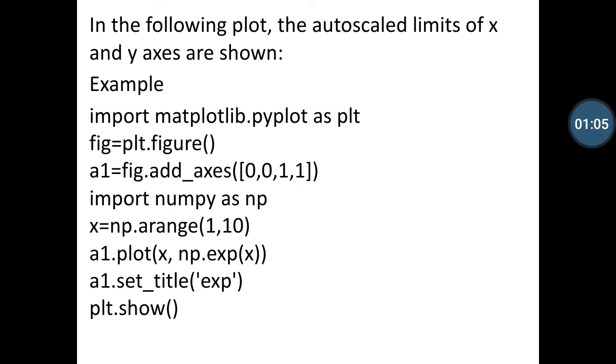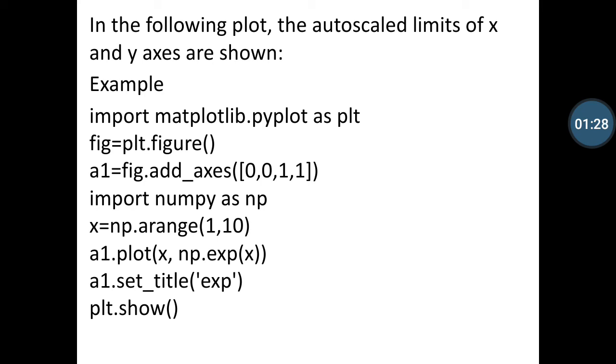So we can use the following limit methods in an example for auto scale limit of x and y axis, as shown in the slides. First of all, import matplotlib.pyplot as plt.